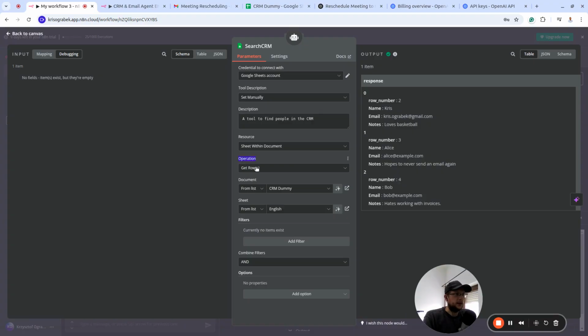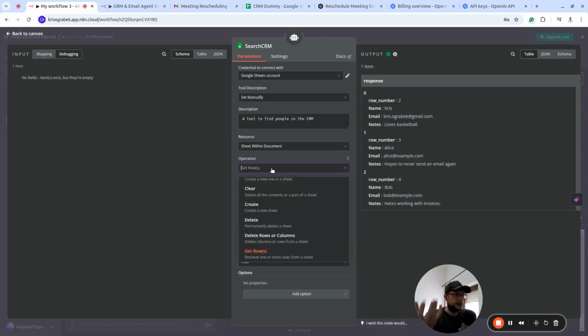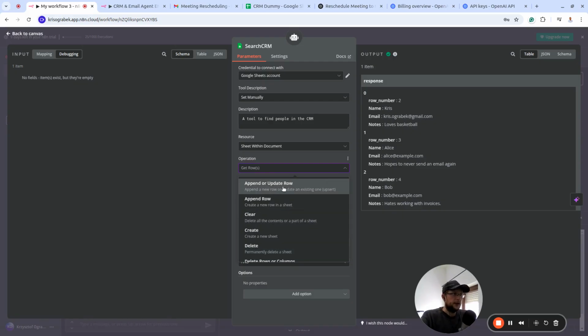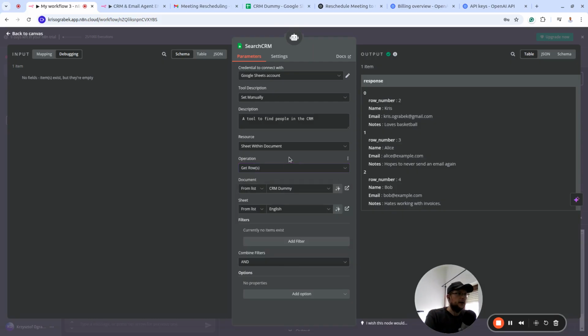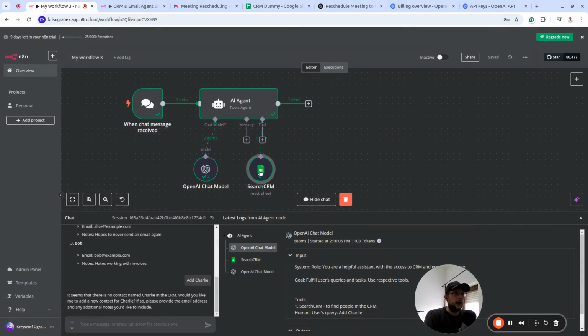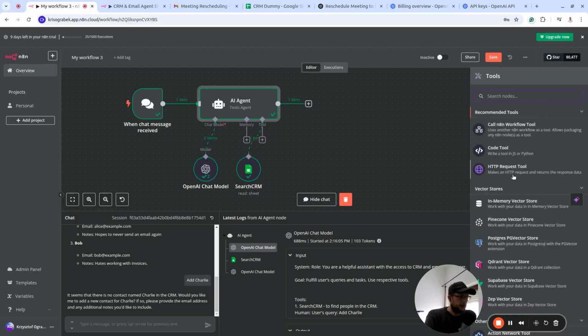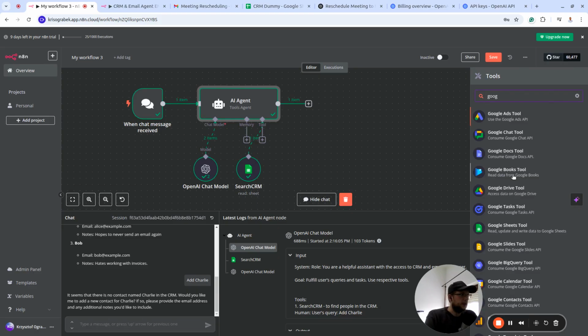It says only get rows, which means it's actually for retrieving something that already exists. But if we want to update or create new rows, then we need to select some other function, other operation, and it's called append or update row. And so this is why I actually need to add another tool, because I want to keep that tool for searching. And now I want another one for updating